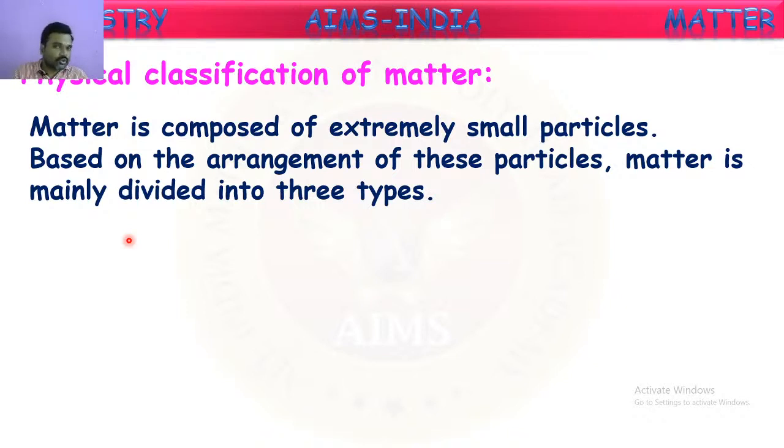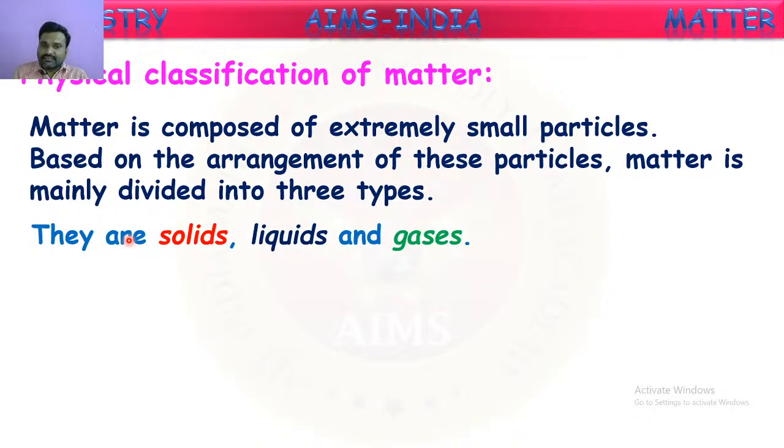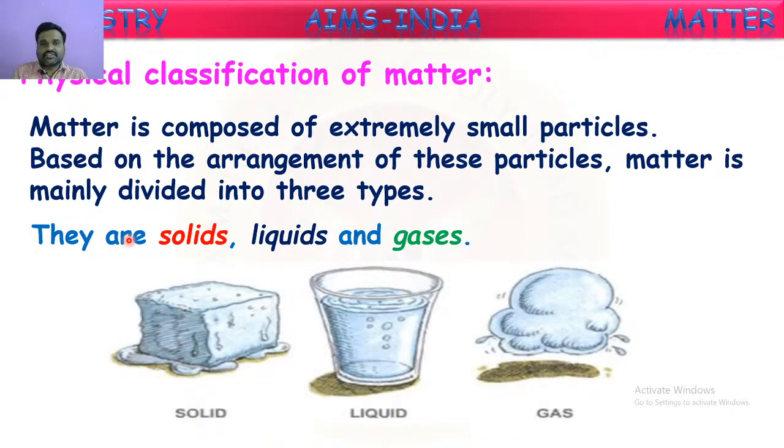Of course, as we have shown in the chart, there are five types of matter, but very usually we see the main three types of matter. They are solids, liquids, and gases. Here we can see one example is given, which we see very frequently in our daily life. In solid form, that is ice, in liquid form water, and a gaseous form of water that we say as water vapor. So about these three states let us discuss first.